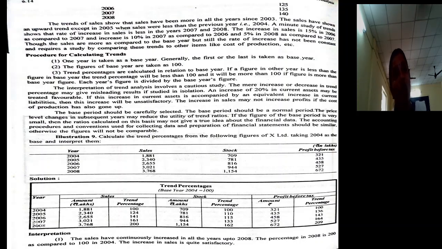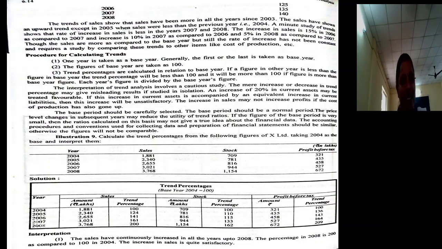When we start solving the problem, we will come to know how to calculate trend percentages. Here we have only one problem. Try to understand, we are going to solve additional problems once I finish all three techniques to analyze financial statements. Did you get my point? So don't feel differently, thinking, oh, madam solved only one problem. Don't be under such an assumption. I'm going to solve a few more problems on trend percentages once I complete all three methods to analyze financial statements.